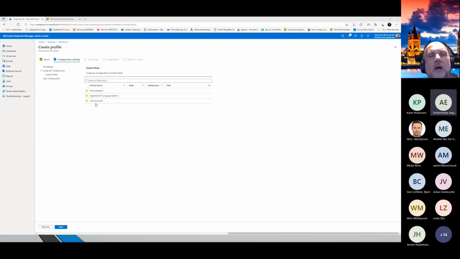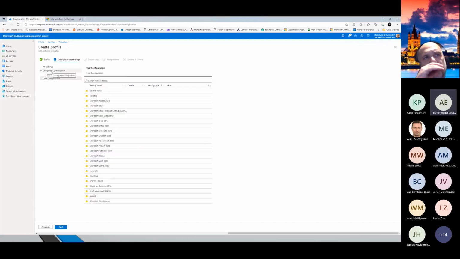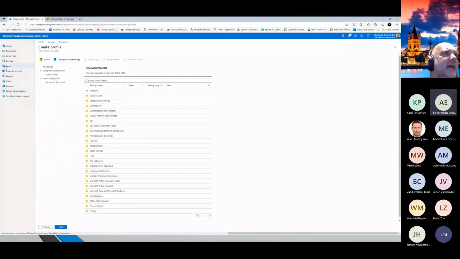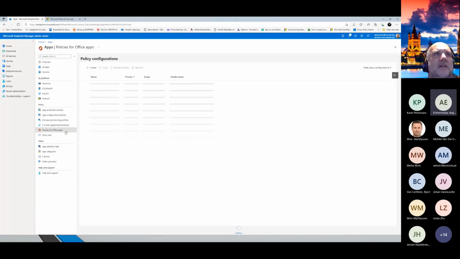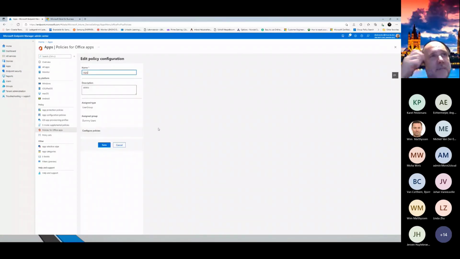So we all knew this from the old world, from group policy objects and admin templates. That's nothing new here. What we can do: computer configuration, user configuration. Everything is here. An interesting thing is that here we have admin templates for Office things. And let me check if this is still here. Yeah, that's nice. Oh, they integrated a little bit more. But if I now deep dive a bit, you can see that that's something